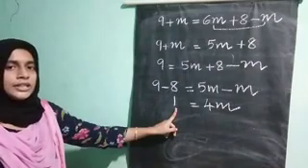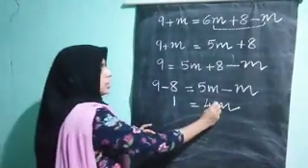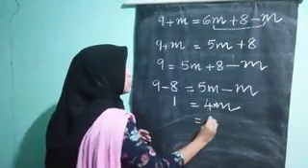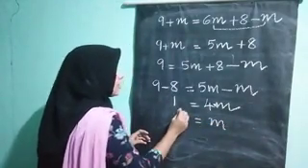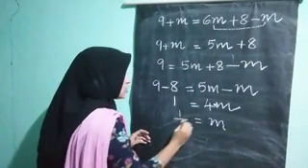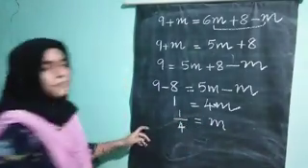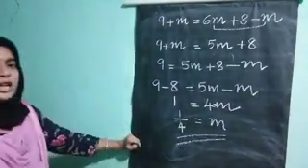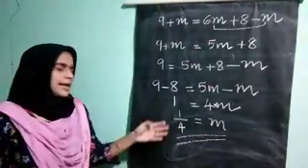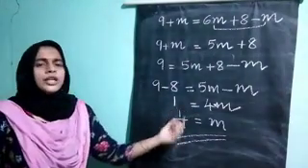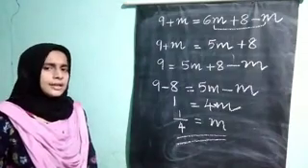We have to find m. So into will become divided by. So m equal to 1 already there. Take this 4 to this side. So 1 by 4. We can write it as 1 by 4 itself, or you can write this answer as 0.25. No problem if you write 1 by 4 as the answer.